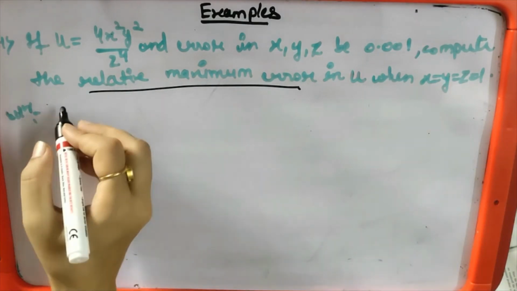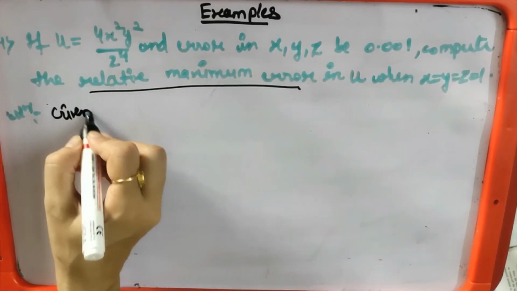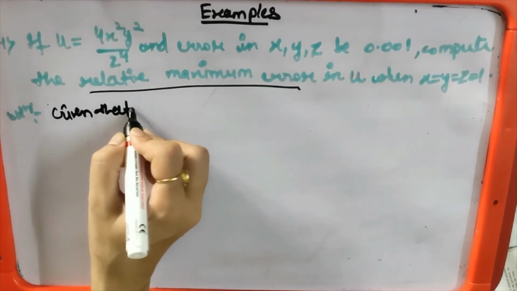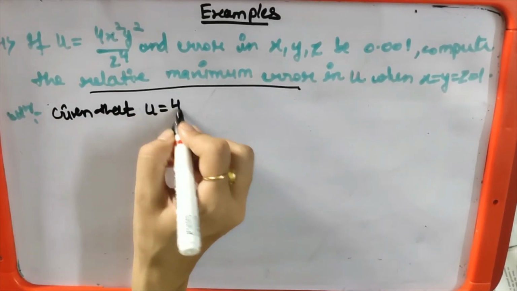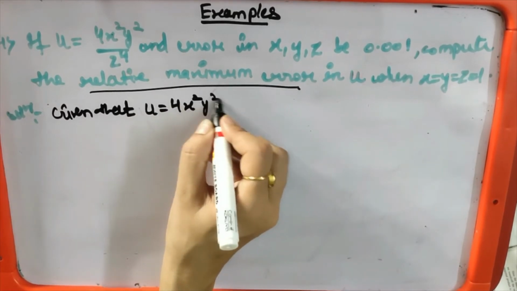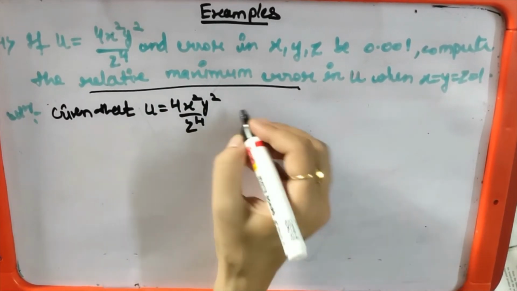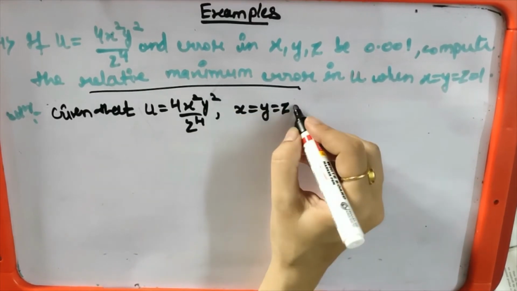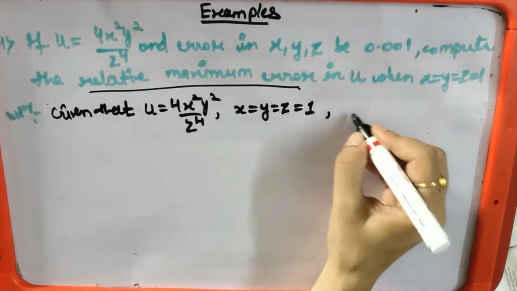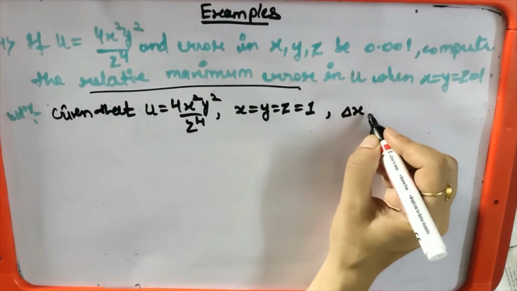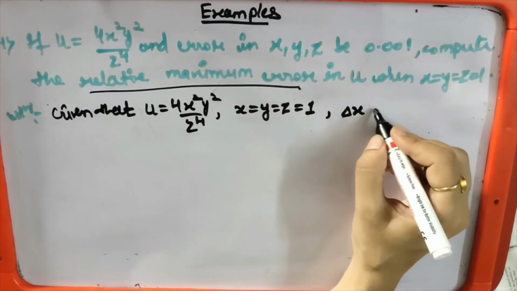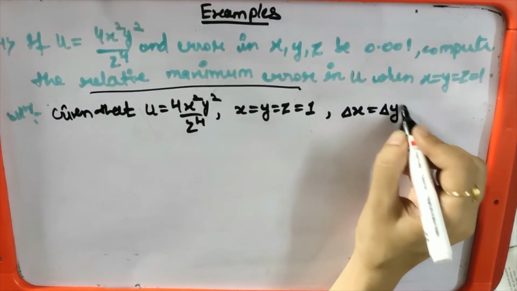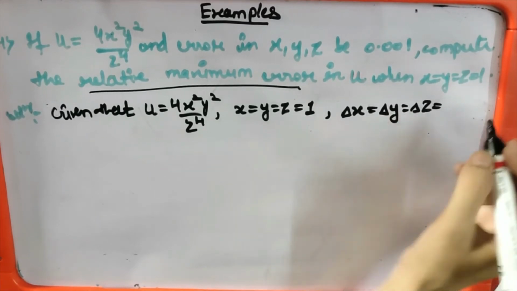So first write, given that u is equals to 4x square y square upon z to the power 4, value of x, y, z is equals to 1. Relative error in x, y and z is